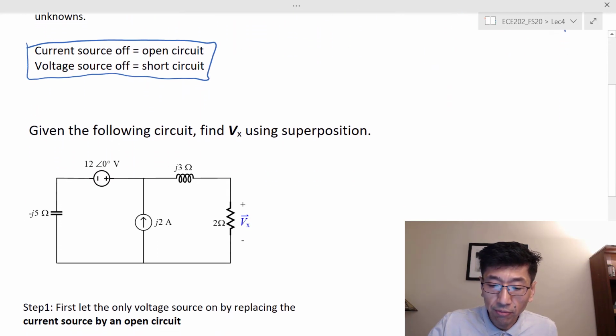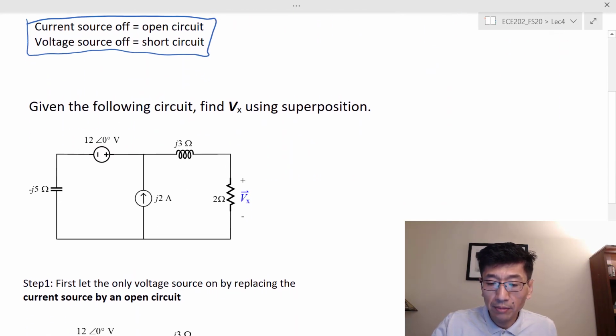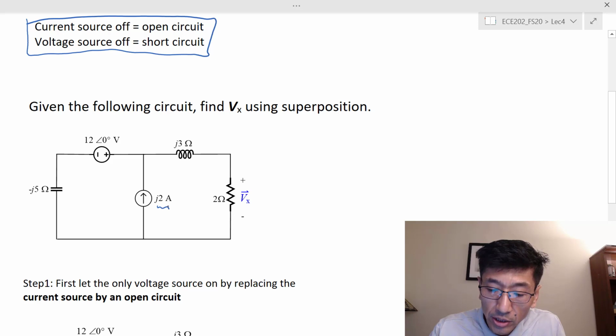Let's look at the first example here. I have a simple circuit. I have two sources, one current source, j2, and another one is a voltage source, 12 volts with zero